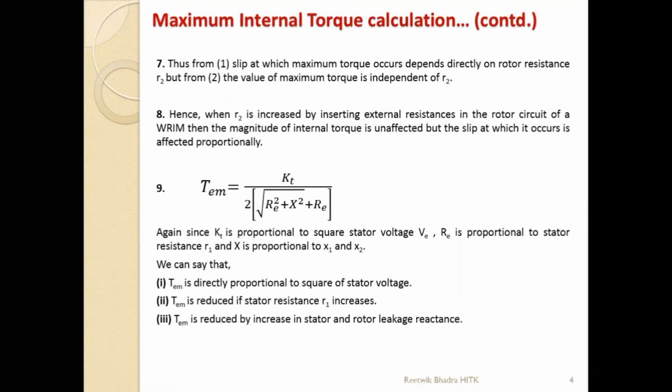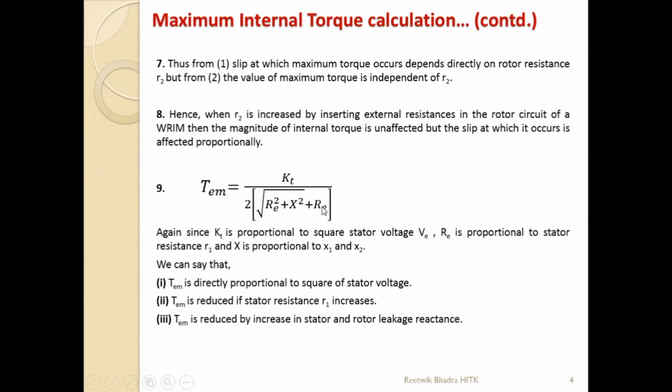In the first class, we had studied 2 types of rotor construction, squirrel cage and wound rotor induction motor. In squirrel cage, our rotor conductors were fixed by the end rings, so there was no facility to change your rotor resistance. But in your wound rotor induction motor or slip ring induction motor, we could connect external resistances and thereby the total rotor resistance could be changed. So in wound rotor induction motor, this is only applicable. Now we are talking about WRIM. That's why I have written WRIM over here, not about squirrel cage.